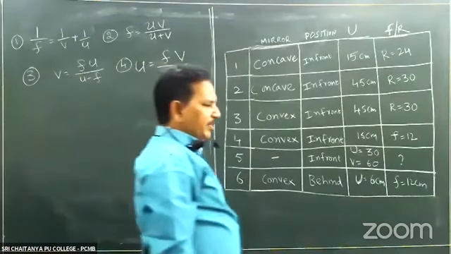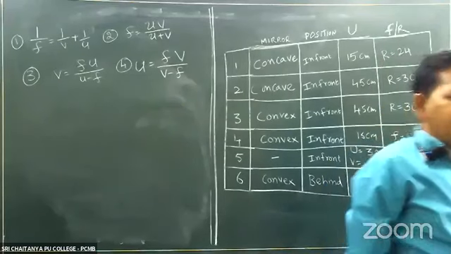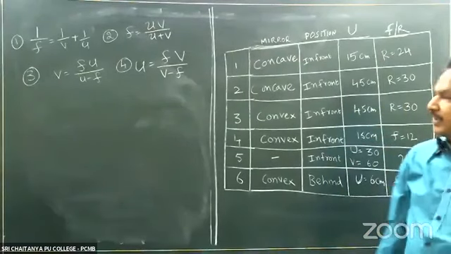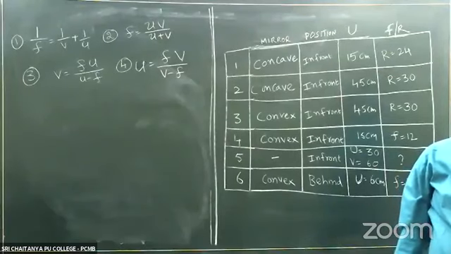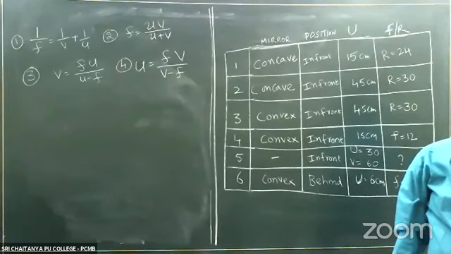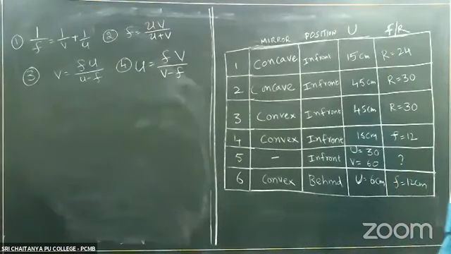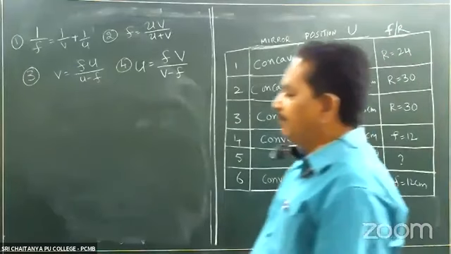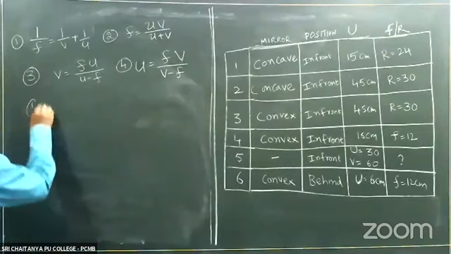Only three things are to be calculated. The right hand side quantities are given in the problem. The left hand side quantity we have to calculate. First the magnitude, then we will discuss the nature of the image: whether inverted image, erect image, real image, virtual image. First take down the problem. First problem, already given in the box.